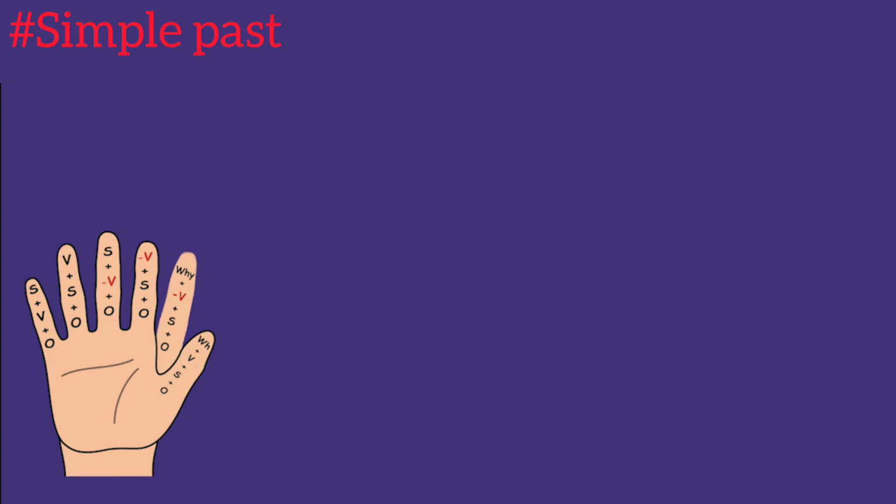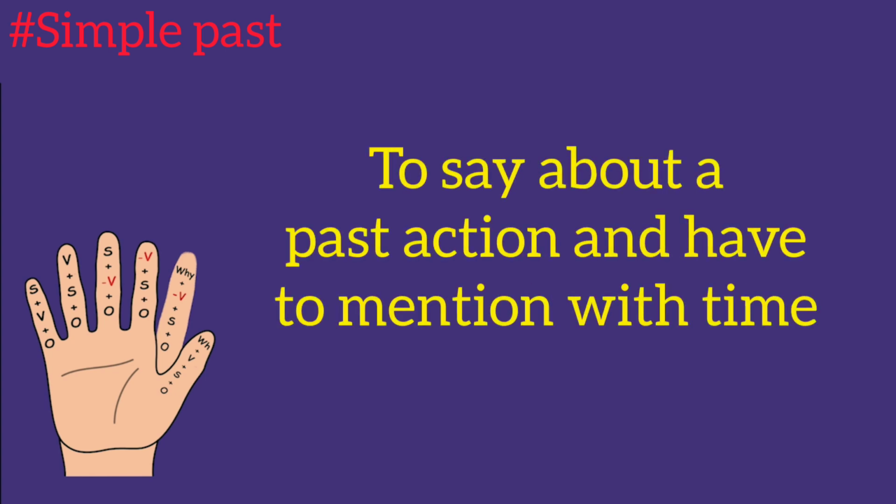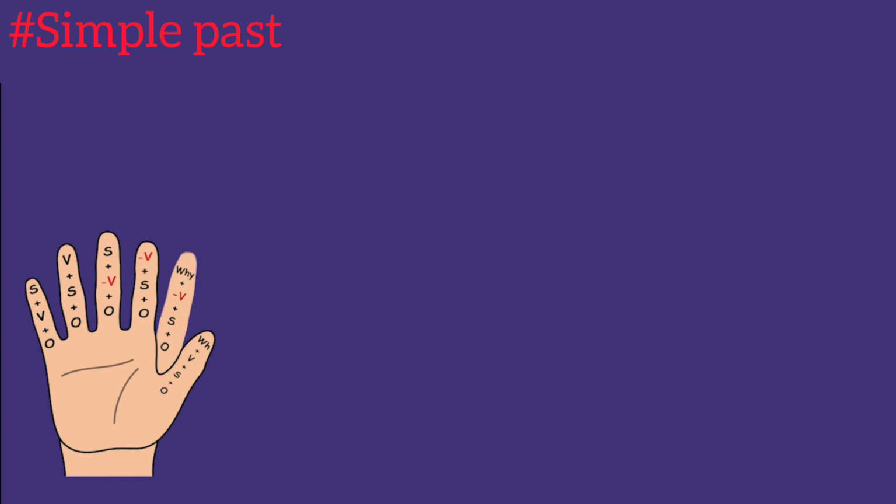Simple past tense is the most basic form of past tense. If the event happened at some point in the past, we use simple past tense. And here you have to mention the time of the past action. Its formula is